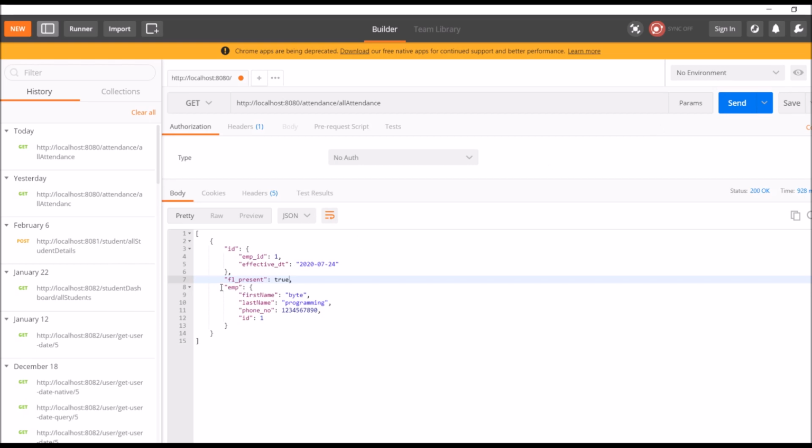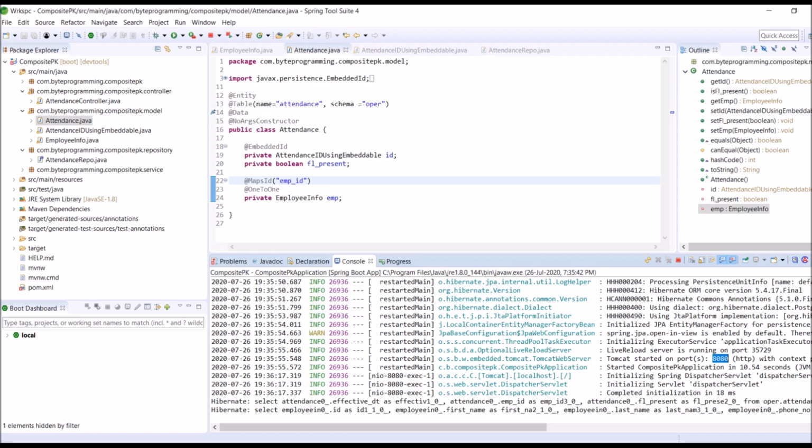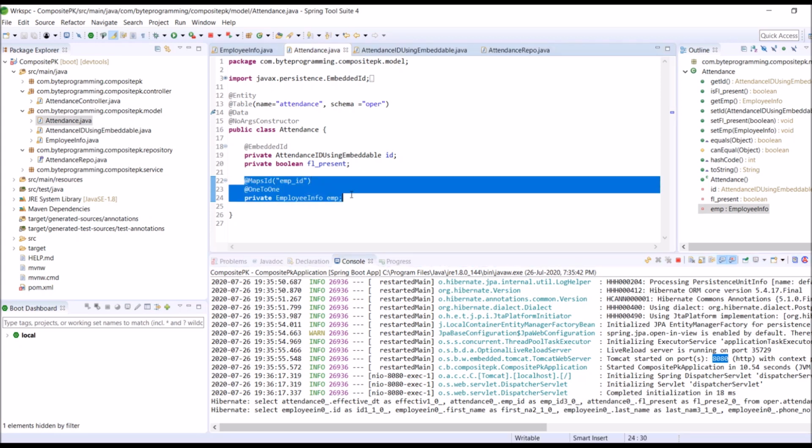Now here you can see the response of emp also. So we can easily implement relationships also, like one-to-one, one-to-many. But if you have observed, we have to put a separate field for implementing a relationship in Hibernate if you are using @Embeddable annotation. Let's see the implementation with @IdClass.